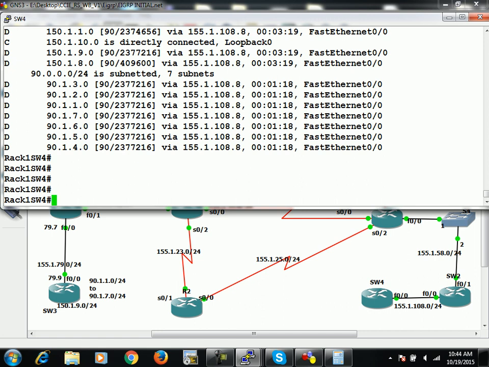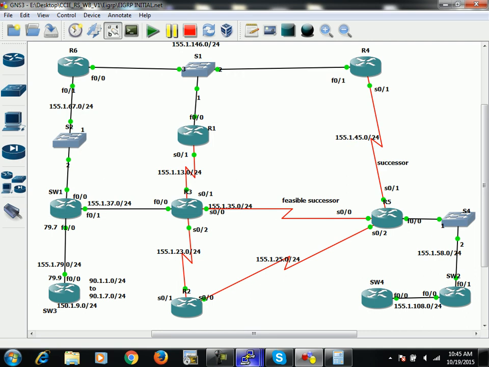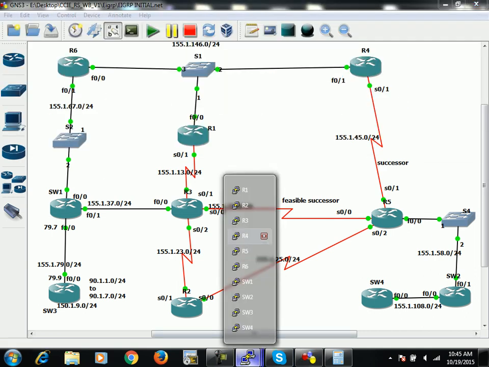This is the difference if you are using the network command with a wildcard mask and without a wildcard mask. So that's it. Next is summarization now, because we know very well switch 3 is advertising all these prefixes individually on /24. So we want that switch 3 should advertise its summary prefix only. So it's very simple. You can move on to switch 3,